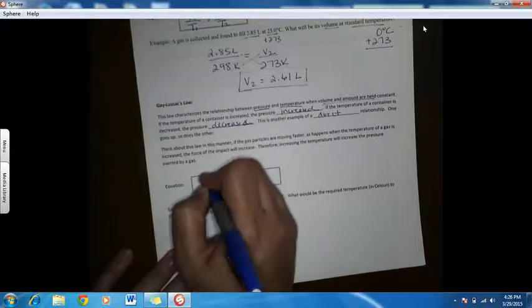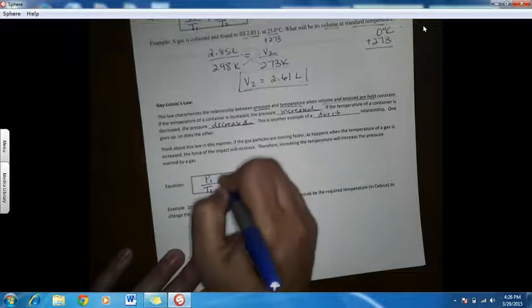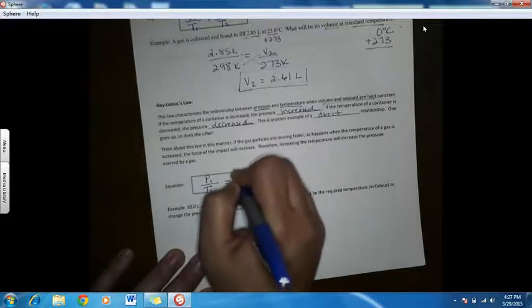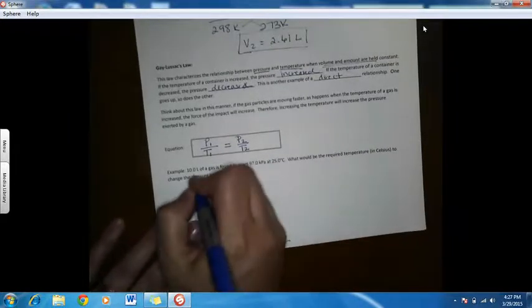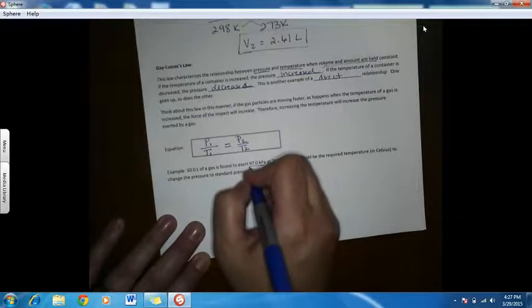And so since this one is direct, it will look a lot like the previous one, only have pressure on top, so P1 over T1 equals P2 over T2. That would be Gay-Lussac's law. So for this example, we have 10 liters of a gas